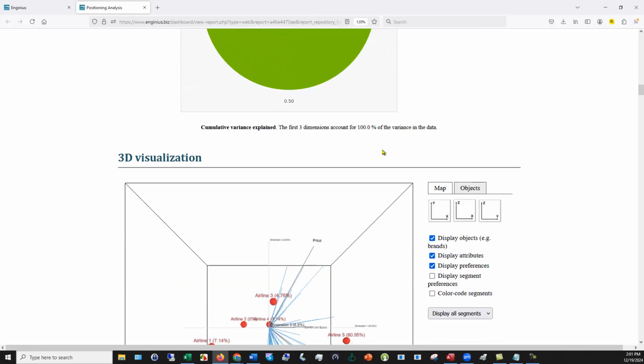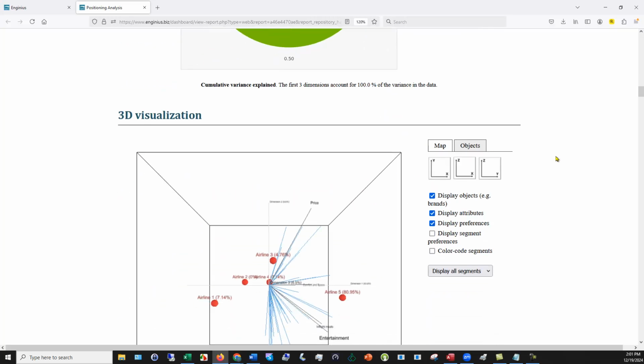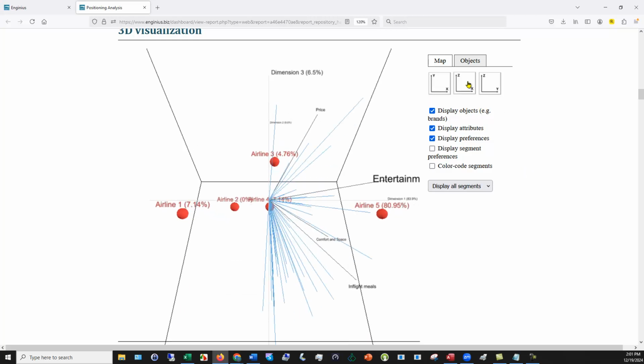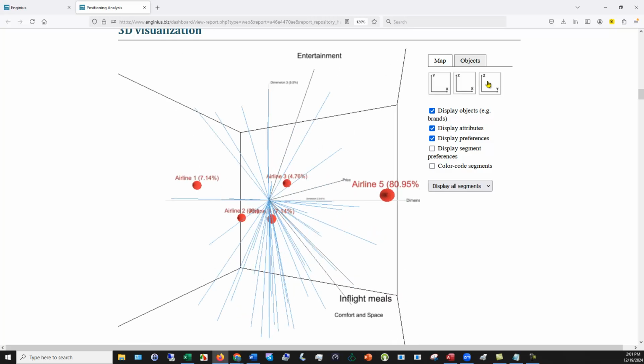All of our outputs include multiple outputs of the same data but shown in a different way. It depends on your preference of how you look at it. In this case, this is an interactive display. It allows me to flip this chart in any of the 3 dimensions that I would like to look at